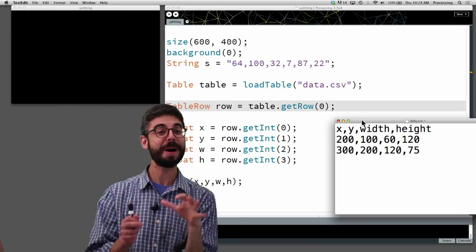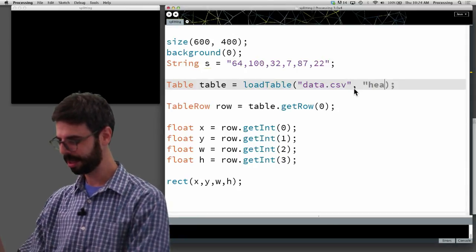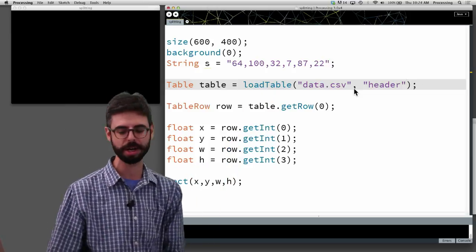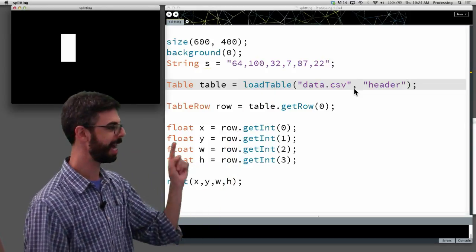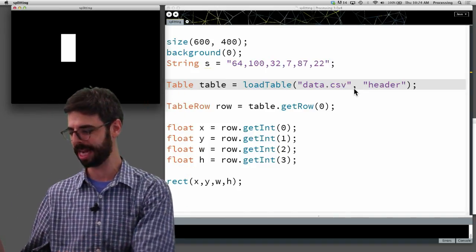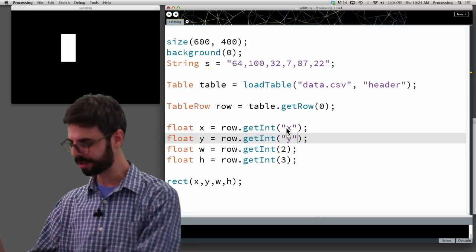So one of the things, if my file has a header, I need to tell Processing that there's a header. And I do that when I load the table by adding a second argument, the string "header". And now when I run it, we're going to see the first row is now the actual data. The header is ignored as data. And once I've done this, I can reference the values